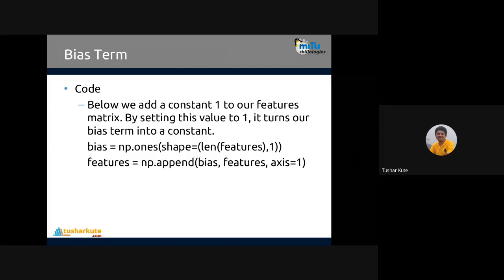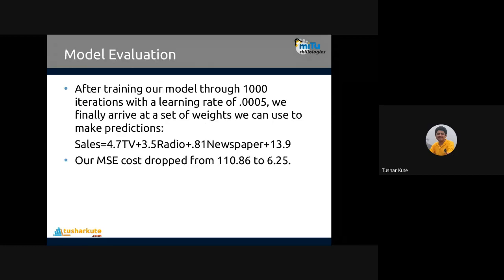I think we have seen in linear algebra that ones will be created, and then this bias will be appended to the features matrix along axis 1, meaning a specific column will be added there. The bias term will be added as 1, meaning the column will contain 1, 1, 1, 1, 1 as the extra bias. That will be added initially, but through gradient descent we can change the value of the bias. That's possible. And finally, when you evaluate the model performance, let's see an example of how to evaluate it.